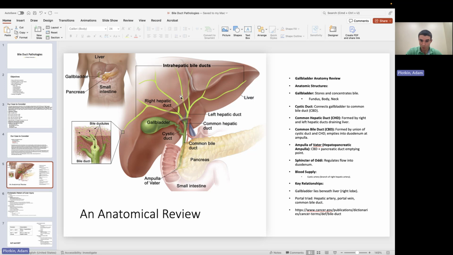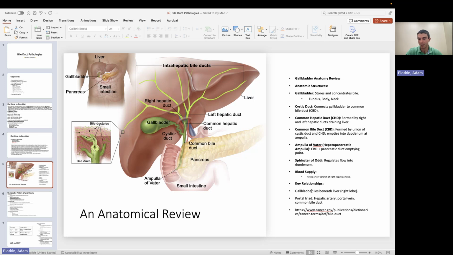So again, the liver makes the bile. It gets stored in the gallbladder. When we eat a fatty meal, CCK gets made. It stimulates the gallbladder to contract. Some of the bile is flowing from the right hepatic duct, from the left hepatic duct. When those meet, that makes the common hepatic duct. The common hepatic duct, when it meets the cystic duct coming straight from the gallbladder, forms the common bile duct. When the common bile duct meets the major pancreatic duct, that forms the ampulla of Vater, which is regulated by